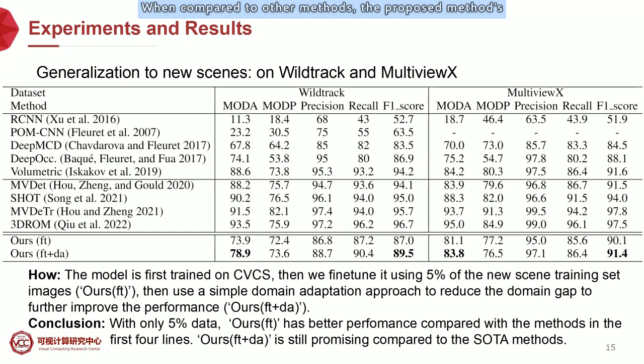When compared to other methods, the proposed method's cross-scene performance with unsupervised domain adaptation, RS, FT plus DA, is relatively worse. However, it is important to note that our method only uses 5% of the testing scene labels. Despite this limitation, the proposed method achieves a performance that is very close to other state-of-the-art methods that use 100% training set data and test on the same single scenario. As such, the results of our proposed method are still promising.